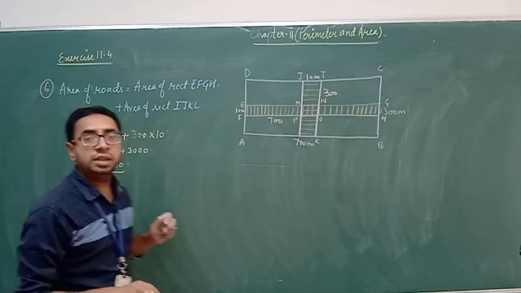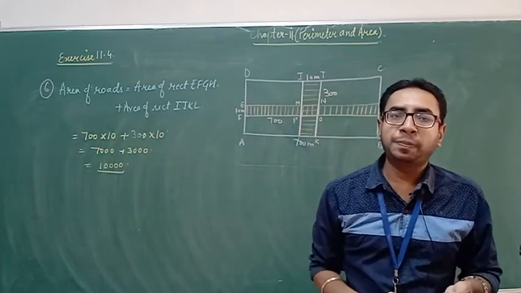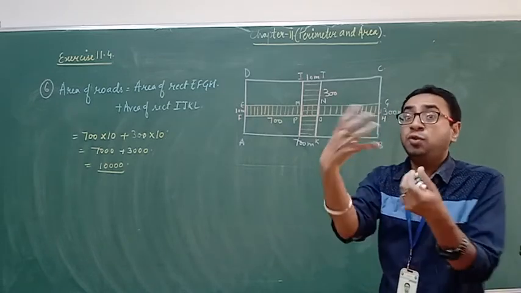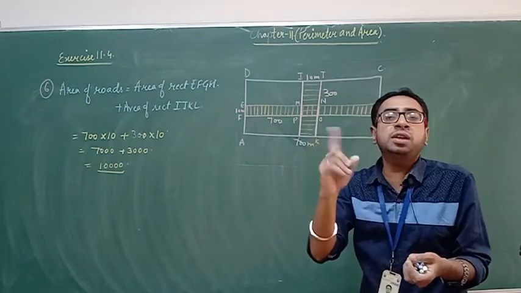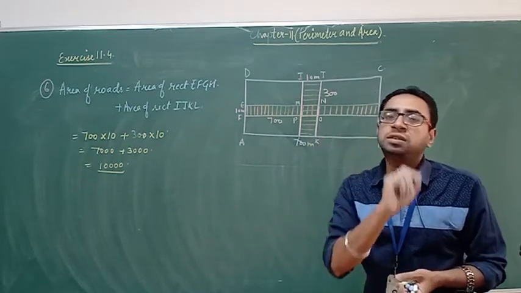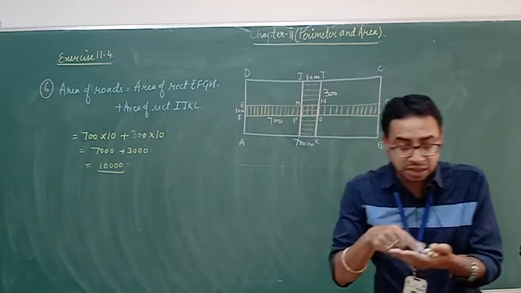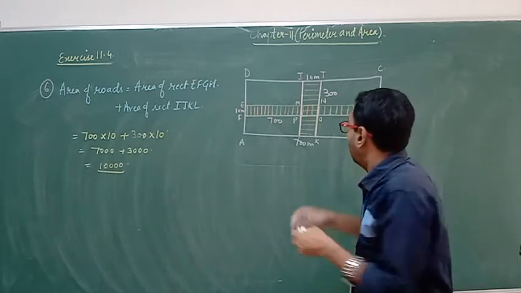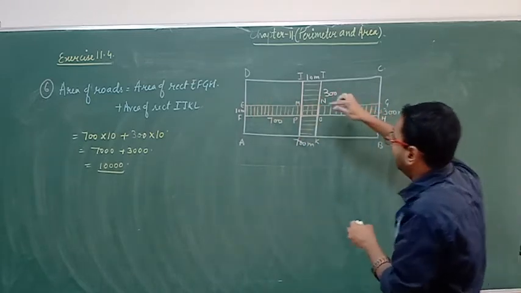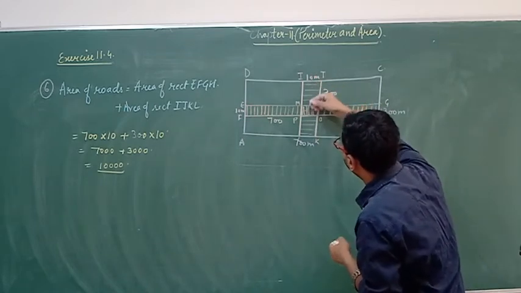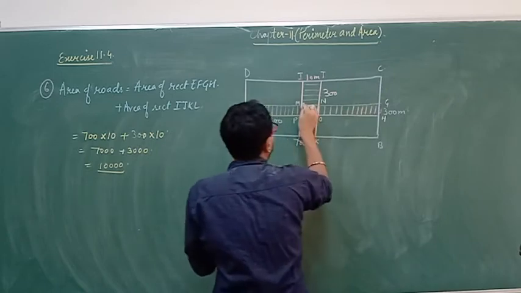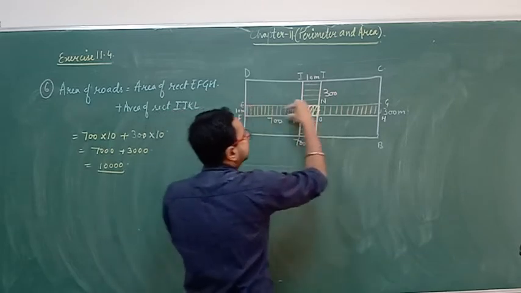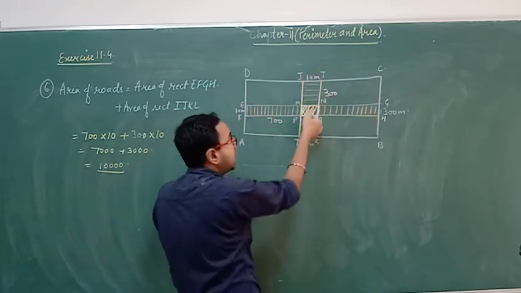Right? You might be thinking, yeah, this is the answer. How many of you think this is the answer? Many of you might be getting 10,000, but some of you are thinking, no sir, it's not the right answer. Yes, it's not the right answer. See, what is the thing that we missed in this question? While moving from this to this way, this path is common. And when we are moving from this way to this way, again, this particular path is common. Yes or no? If I move along this side, this path is coming. If I am coming this way, again this path is coming.